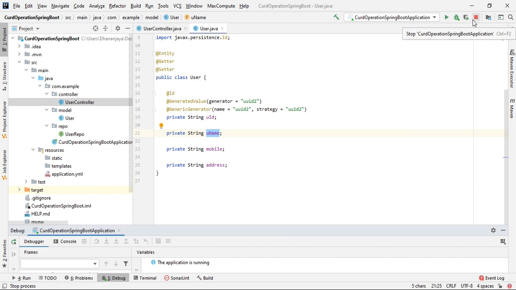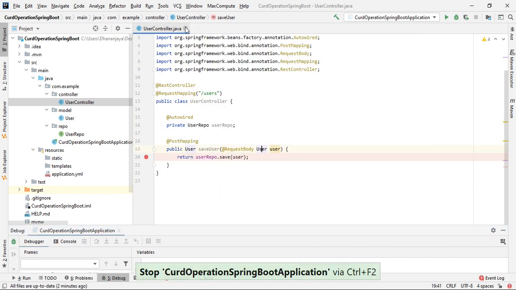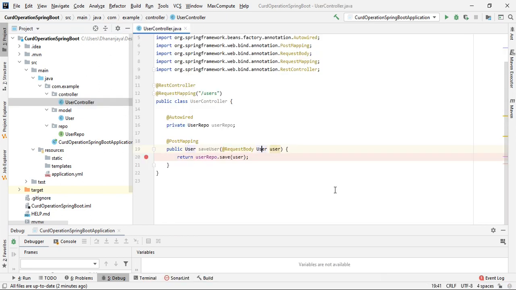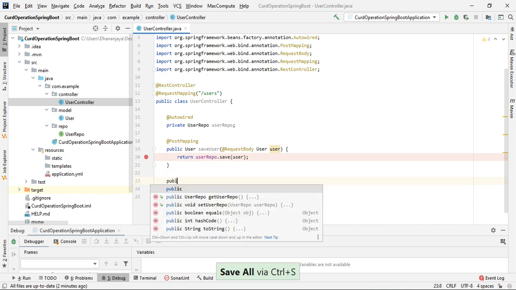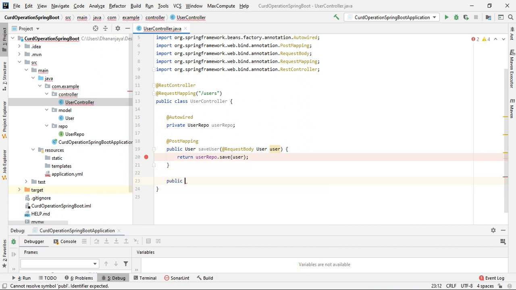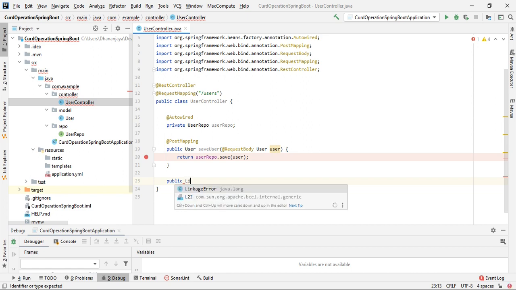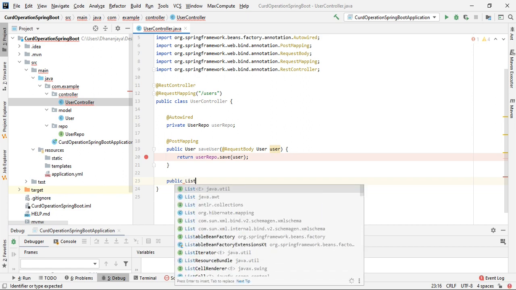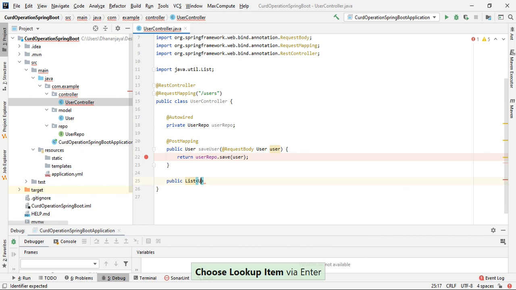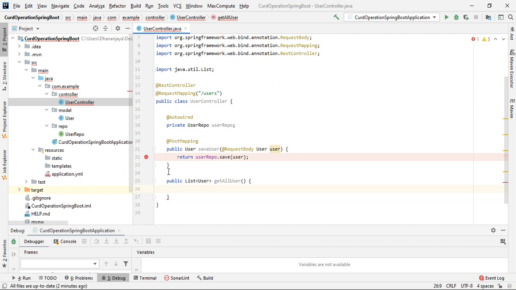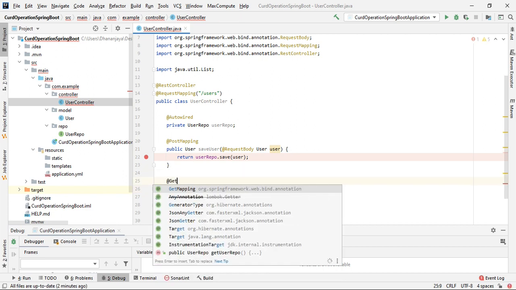Okay, so let's create a get operation for that. Let's say list of user, get all user, and this will be a get mapping.